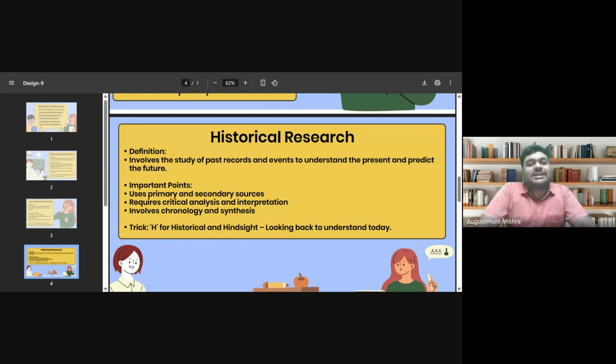So that is the main important point, that in historical research you can use primary as well as secondary sources both. Another one is that it requires critical analysis and interpretation. Yes, because